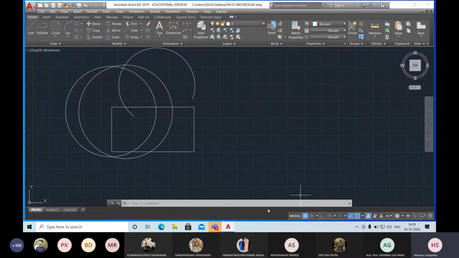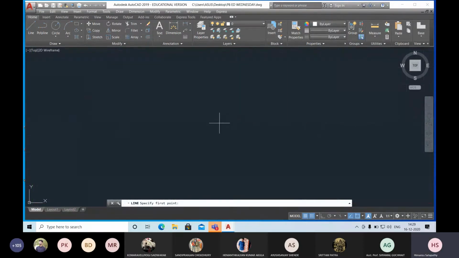Under the grid option, you can draw manually. So this is your F7. Similarly, when you press F9, snap grid on, snap on. So then what happens when you go for the line command? All of you can see this one. It is moving only to corner only. So it doesn't give you freedom to move anywhere.